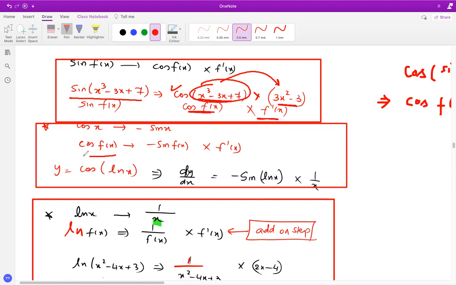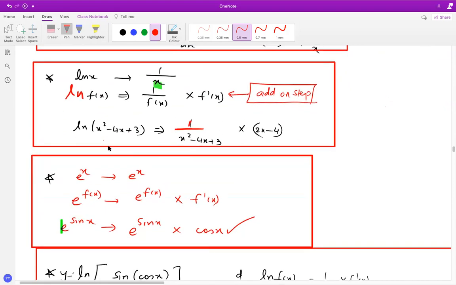Now, the derivative of cos f x we know is negative sine f x times f dash x. So if I have something like cos of ln x, it is going to be minus sine of ln x times 1 over x, which is nothing but the derivative of ln x. Now, the derivative of ln with the chain rule: if I have ln f x, it is 1 upon f x times f dash x. So if we have, let's say, ln of x squared minus 4x plus 3, the derivative of that is going to be 1 upon f x, so that's 1 upon this whole thing,